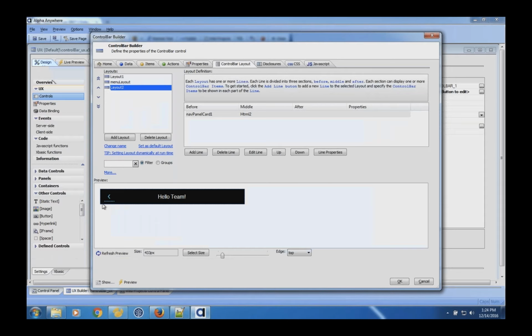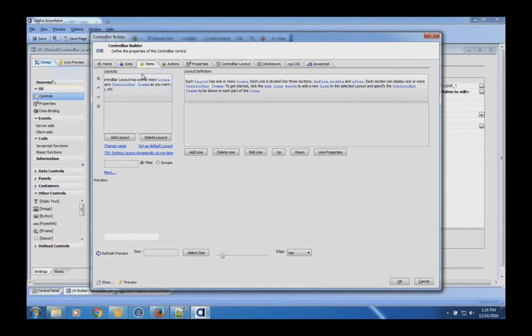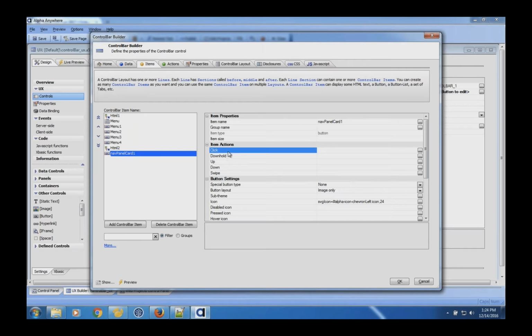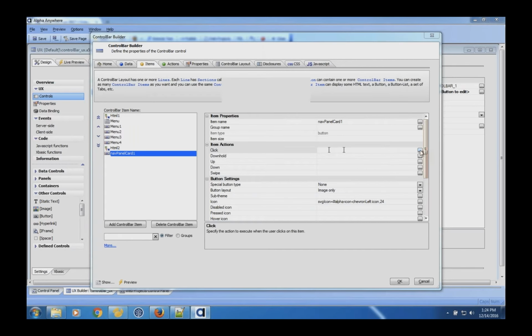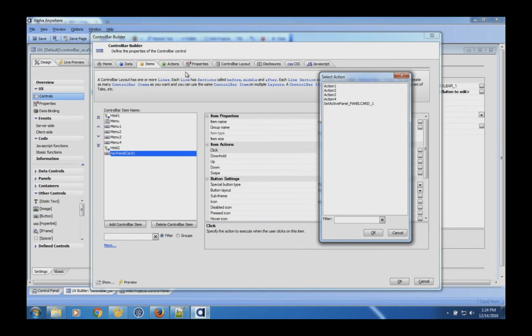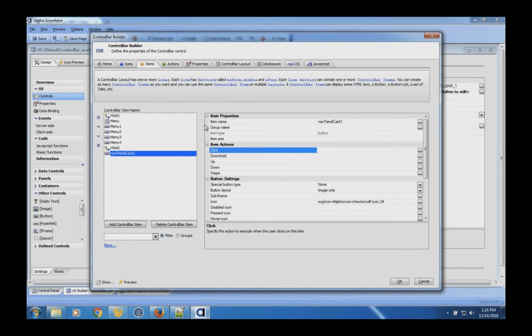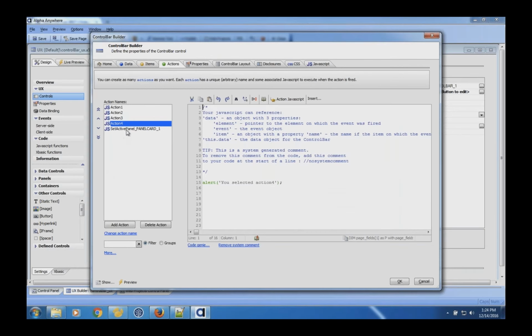And so we have our layout with our item, and we have our item here, but you'll notice under the item X, when I want to hit the click event, there's nothing there. That's why there's no behavior when I click on it. So what I'd like to do is click the ellipsis button right here, and this is going to show me the existing actions. And actually one I created a little earlier is sitting in there. But you'll notice I have my existing actions. But since I haven't really created my action yet,